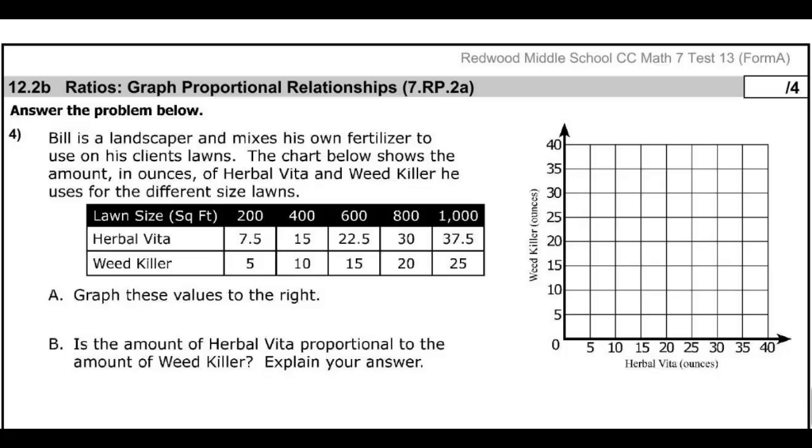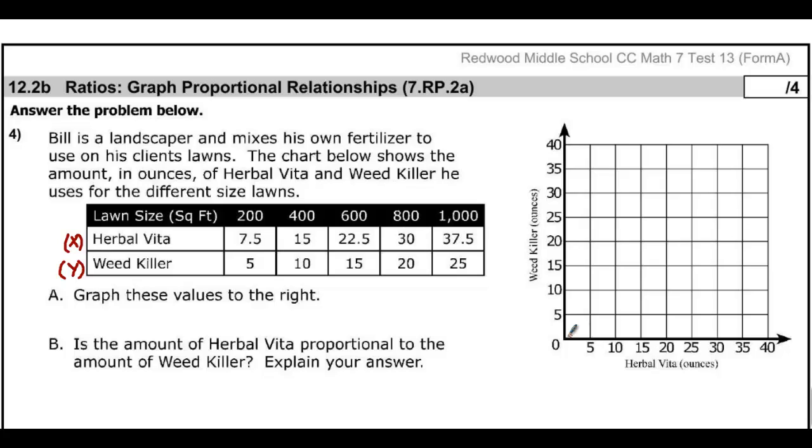They give us a chart to show the amount in ounces, and the first thing they ask us to do in part A is to graph the values. So the herbal vita, they have put along the bottom. They've made that the X value. And the weed killer they've put up the side. They've made that the Y value. So when we graph this,